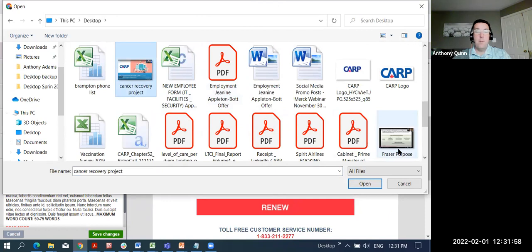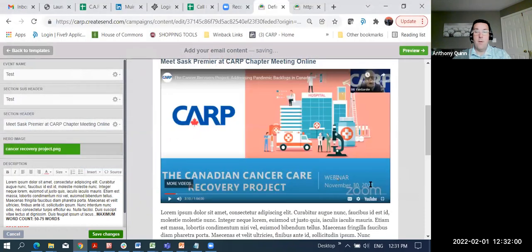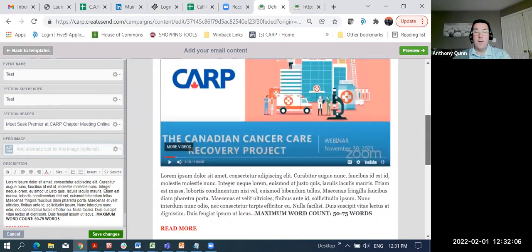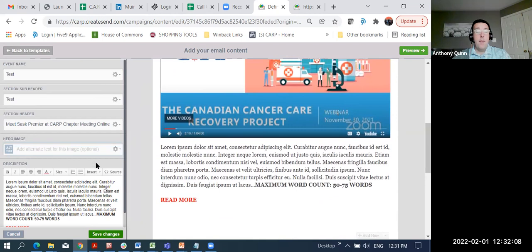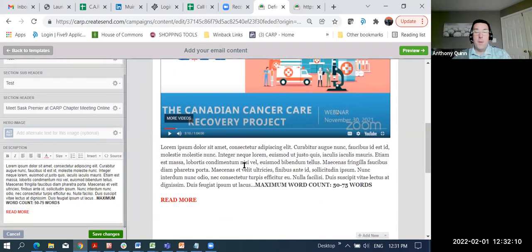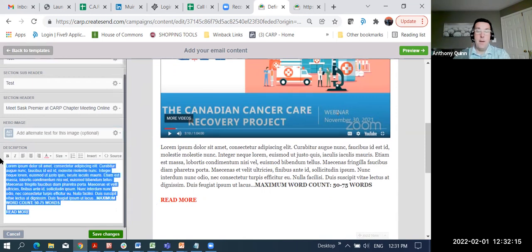Here's a cancer recovery project image that I had on my screen. I click on it from my desktop and it places it right in there. And then below that, it has lorem ipsum as default text. And here I can